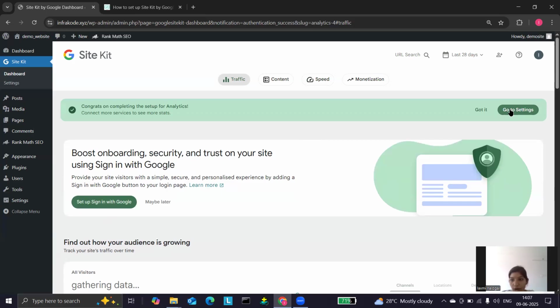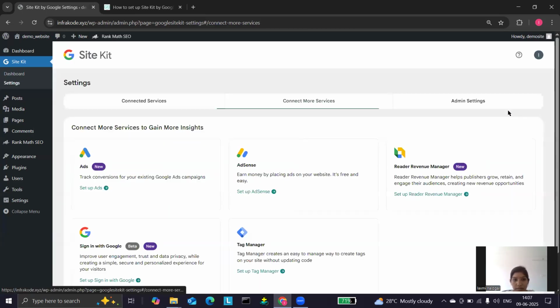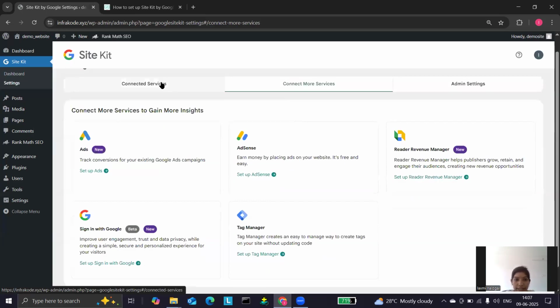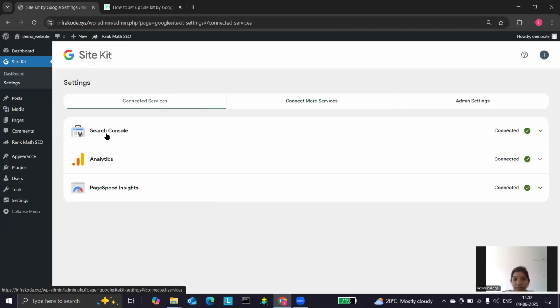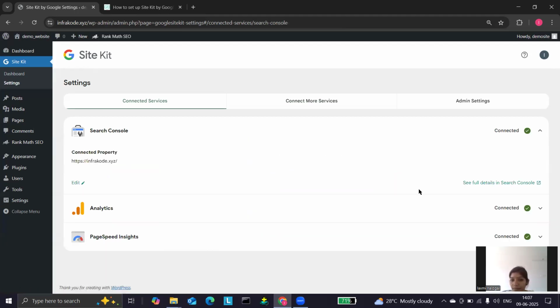In settings, we have to go to settings. Here in connected services, you can see we have services like Search Console, Analytics, and PageSpeed Insights, and it also shows the status, that is connected, and also our property name, that is the domain name. Our domain name is also displayed here.